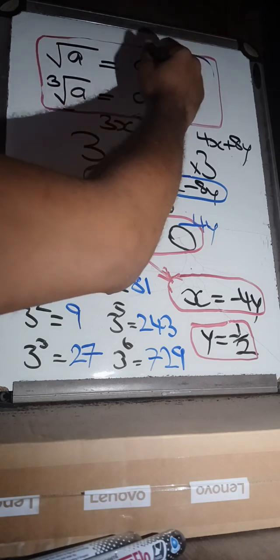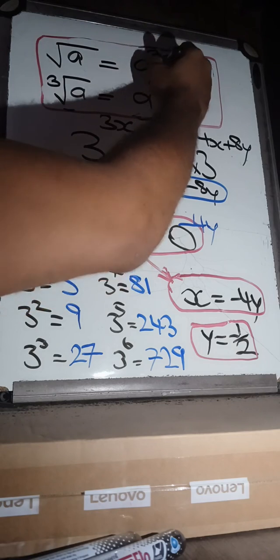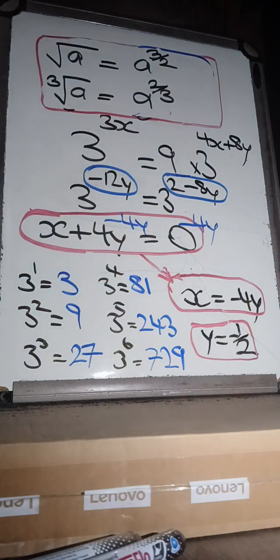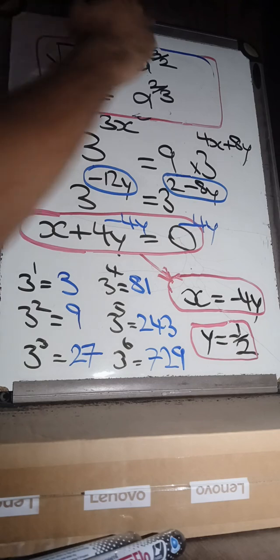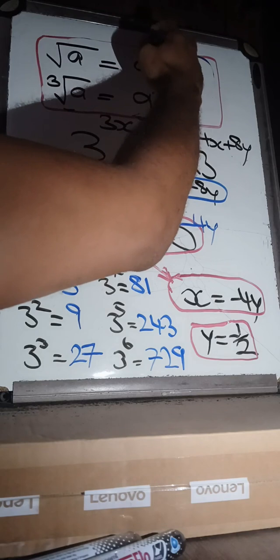a to the 3 over 2 and a to the 2 over 3? What would that look like? Well, imagine it like this. What you had before was 1 over 2. Well, if you were to separate that,